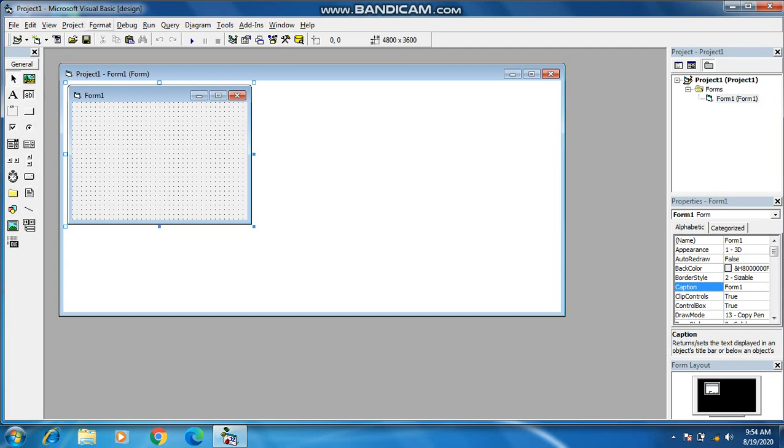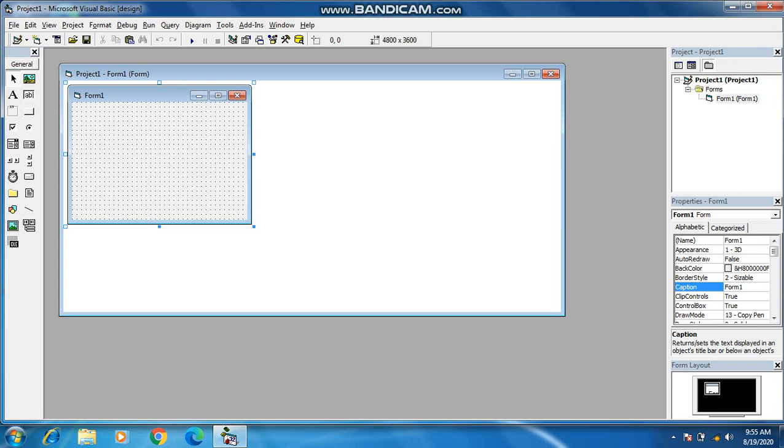On the top, the menu bar is there. Just after that, the toolbar is there, where the start, break and end options are. Then you have the form. Then you have the project explorer. In the project explorer, however many forms you are creating in your project will be in this window. Then after, the property window is there. The property window will show you the properties of the selected object, as the form is selected now.